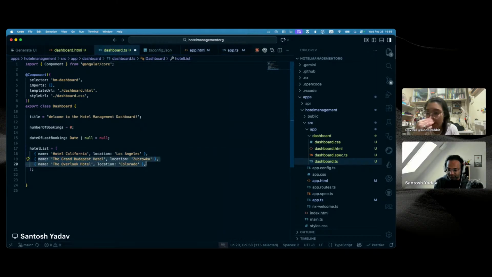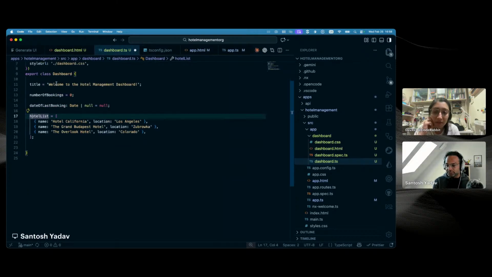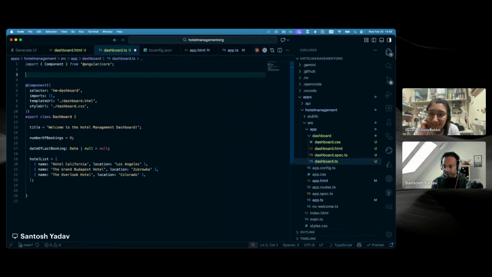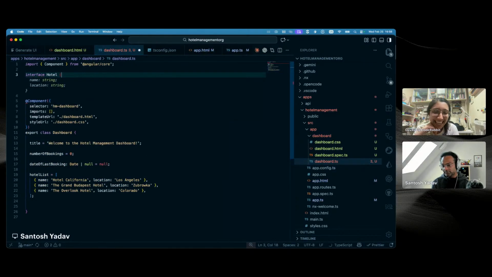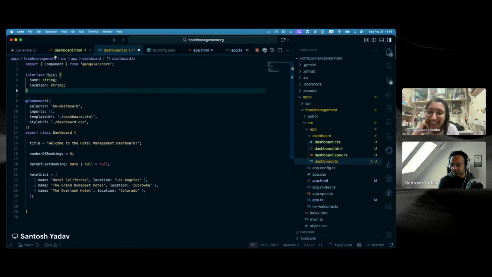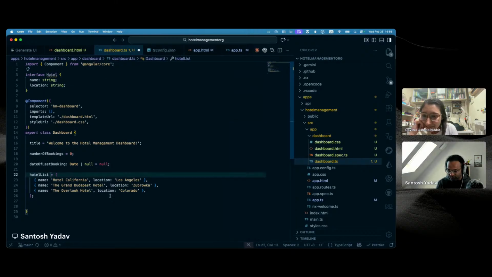Lovely. Makes sense. So what I can do is create a type based on this. I can create an interface. So let's do that. And as usual, we found some error at the end. So I'll say interface Hotel, location string, and I can say this is type of Hotel array,